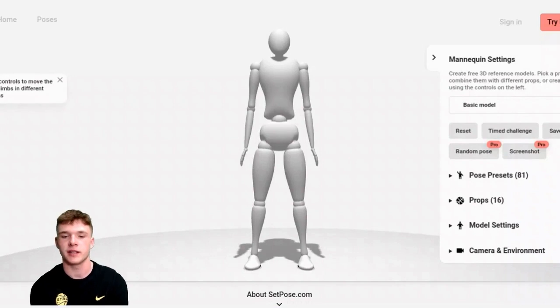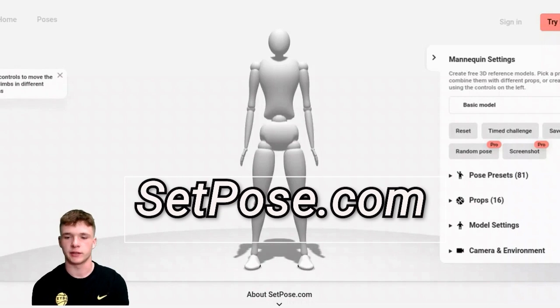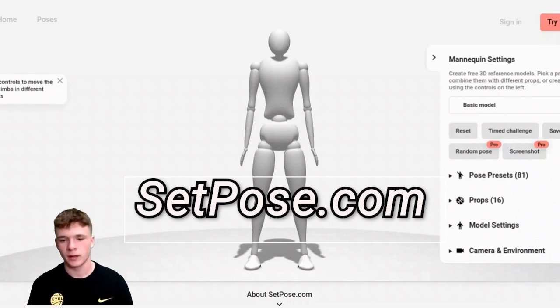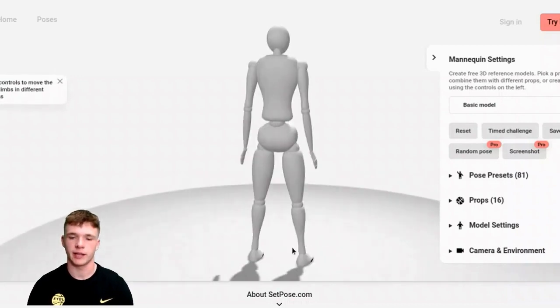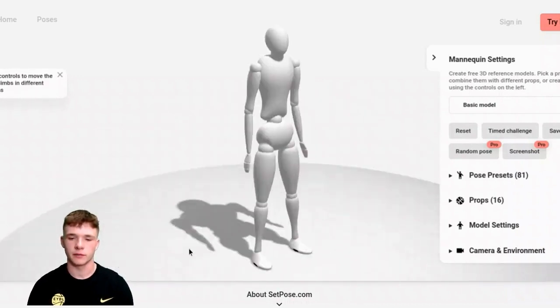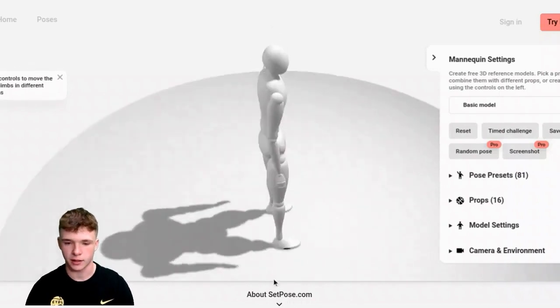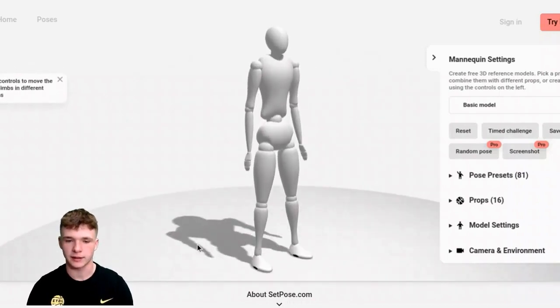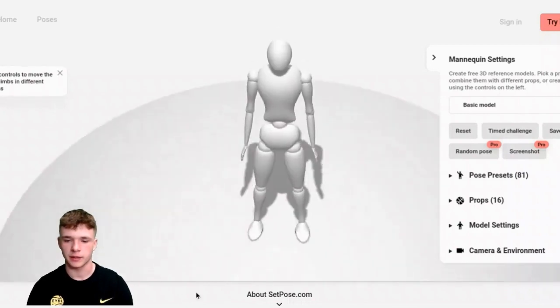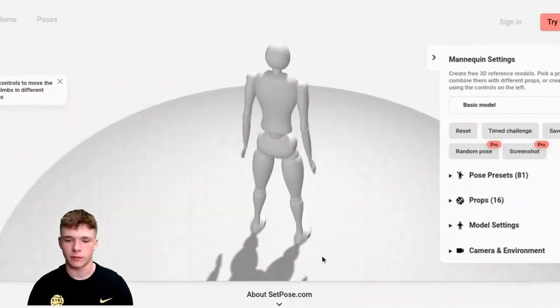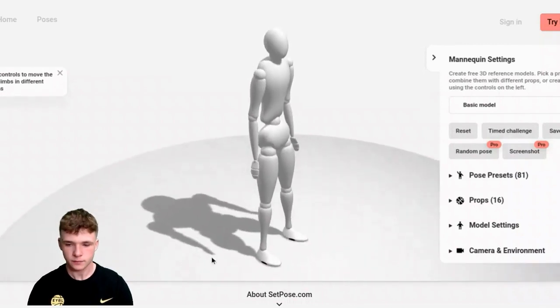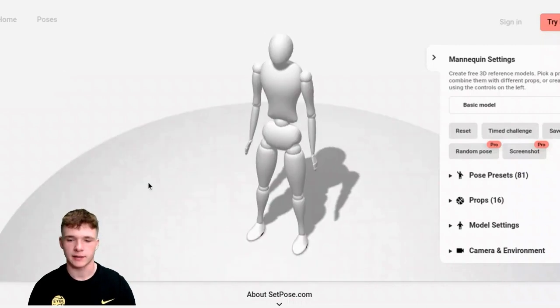Hello, I am Dawson, and today I'm going to be teaching you guys about Set Pose. So this is kind of like a little art app. We can do a bunch of different poses with this guy, and then it will turn into a 3D model. To move around, you're going to do a left click, and then you can move all around to see what position your character's in. And right here, this is rotating the x-axis. It's just kind of the same thing.